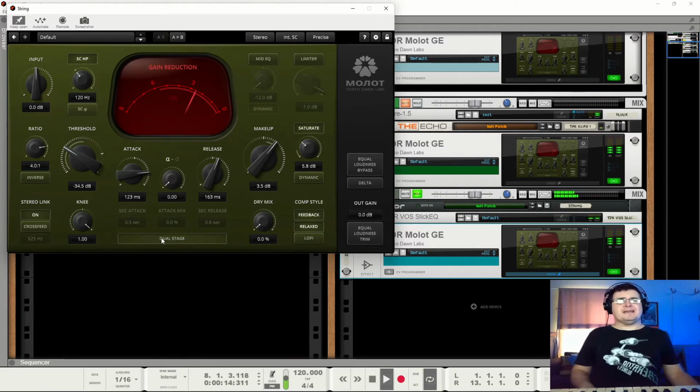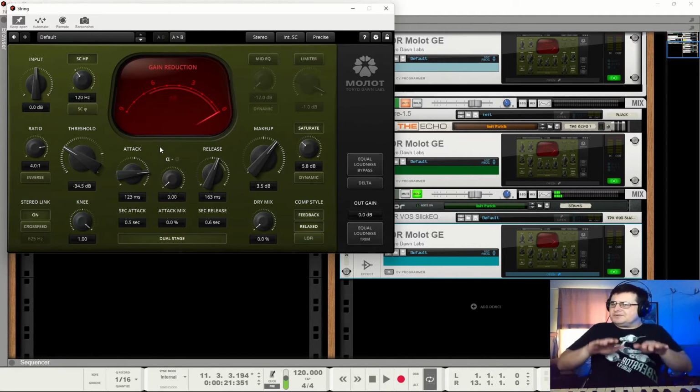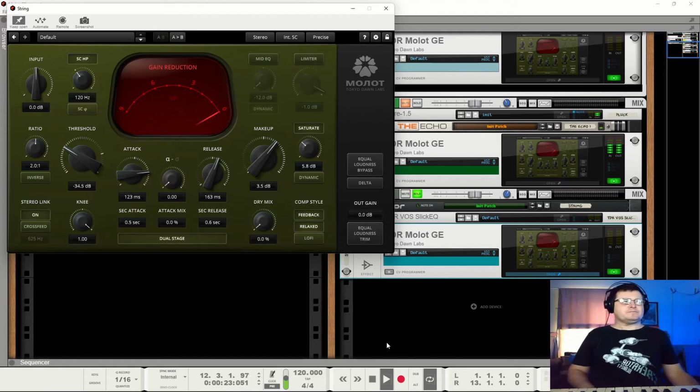Juddery and ragged. And it's smoothed out. We've still got that movement, but it's not like this, it's like this. So it undulates nicely, which is great. Let's pull our ratio back just a little kinder.